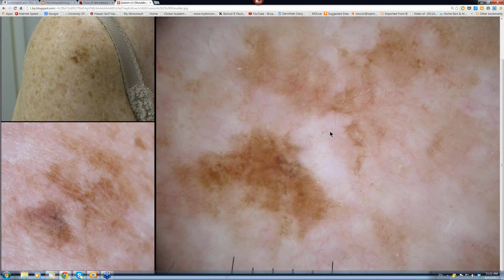And then when you look at the dermatoscopic view, you start to see these structures here, a suggestion of polygons again, gray dots, a pale area. This is paler than the surrounding skin, so it suggests there's been some regression here, that the melanocytes have been destroyed here, making it paler. And then an area up here where you've got lines curved, so suggestive of a solar lentigo or early flat seborrheic keratosis. And if you look at the histology of this case,